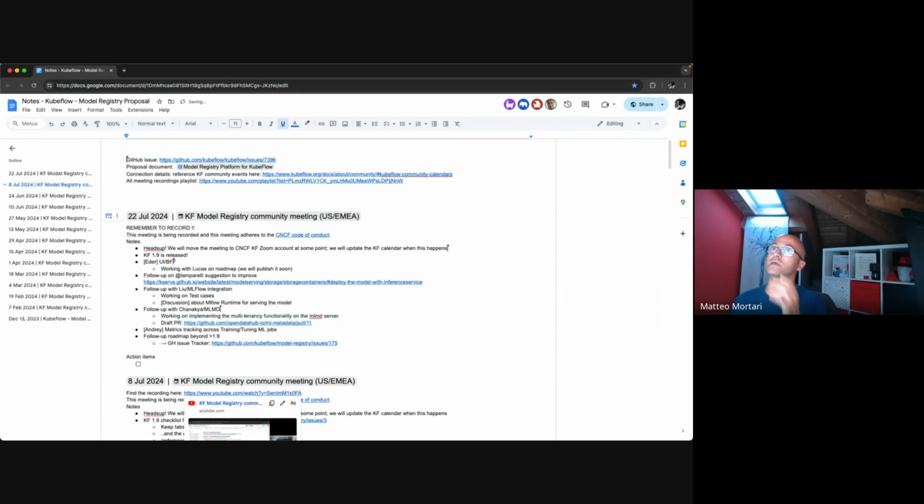Everybody has access to this document so that they can add their points to be talked to. Starting with some logistic notes, as a reminder, I don't have yet the ability to kickstart a Zoom call, but eventually we will transition this meeting to the Zoom bridge. When that is ready, I will notify everyone.